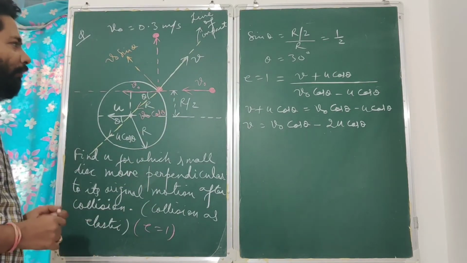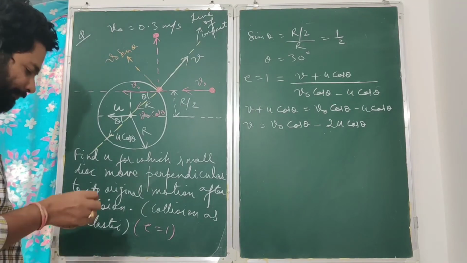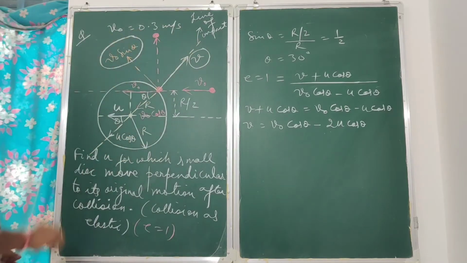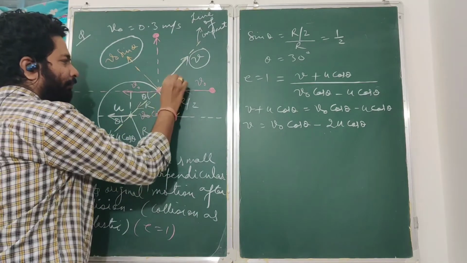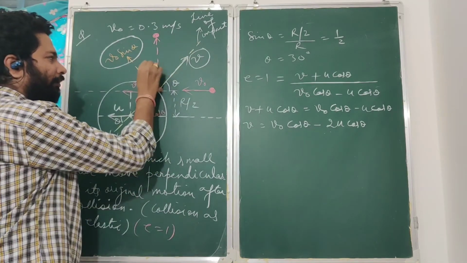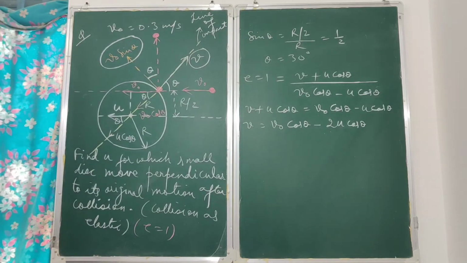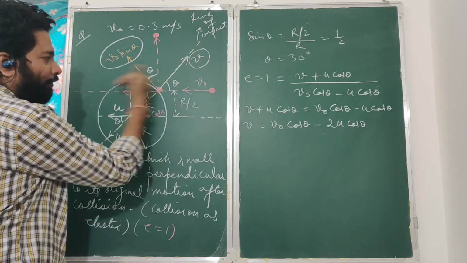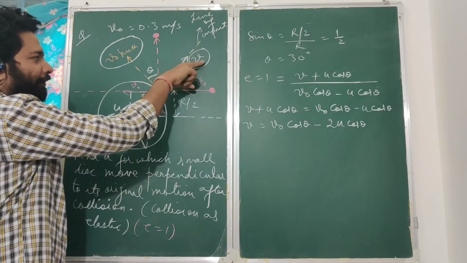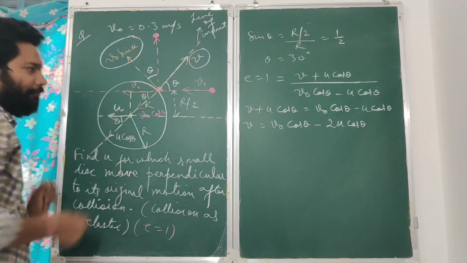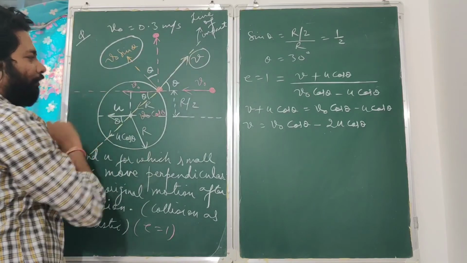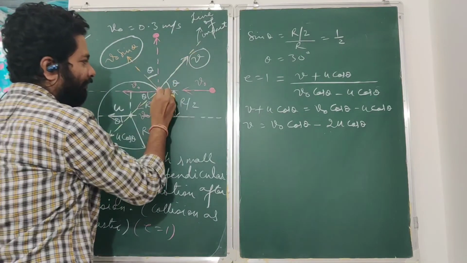So after collision, what is the velocity this ball is having? One is this v, another is v naught sin theta. Correct? Now this angle is theta, so this angle will also be theta. So if finally the body is moving in this vertical direction, that means the net horizontal component contributed by v and v naught sin theta must be equal to 0. So what is the velocity contributed by v and v naught sin theta? V will contribute in this direction.